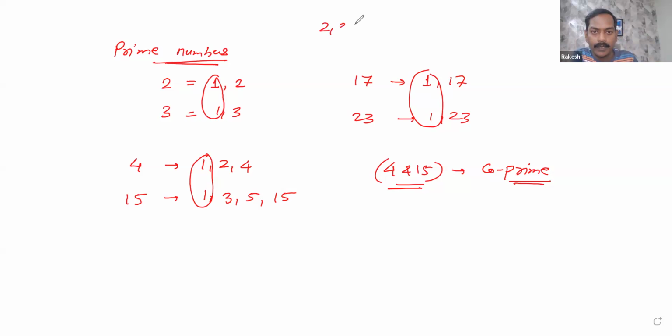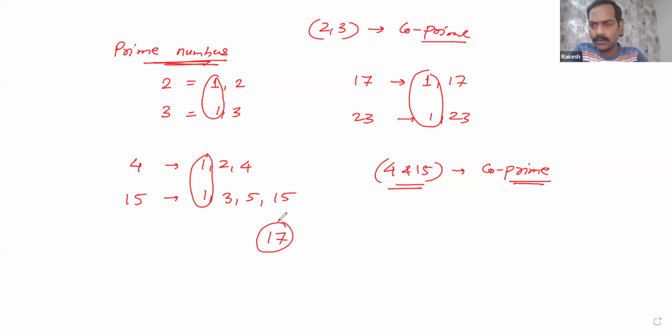So even 2 and 3, both being prime, are exhibiting a relation which will be called co-prime. So please remember that prime number is a definition. Co-prime number is a relation. For a definition, you need a single number. I'll ask a question. Is 17 a prime number? Your answer would be yes or no, depending upon whether you know whether 17 is a prime number or not, right? So 17 is a prime number, by definition. But co-prime is a relation. I can't ask this question: is 17 a co-prime number? It's a weird question. We have to have another number, and after taking both together, we can make an assessment about being